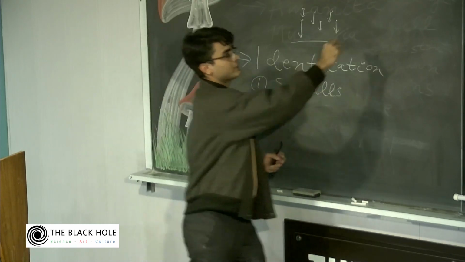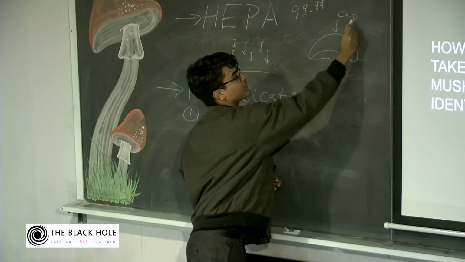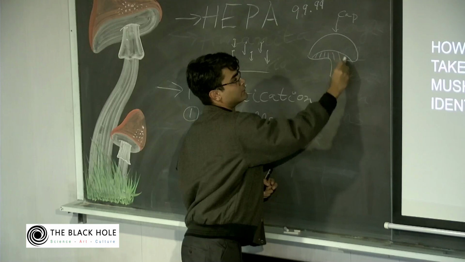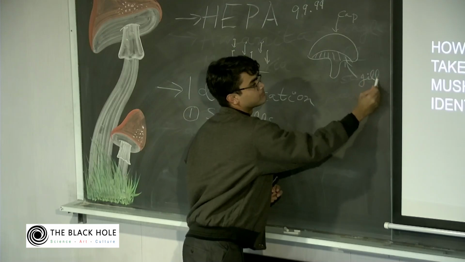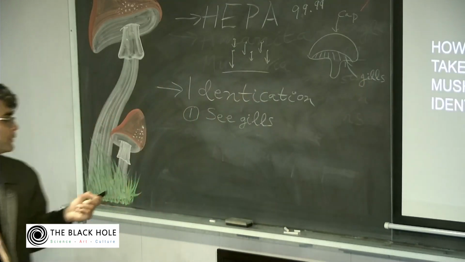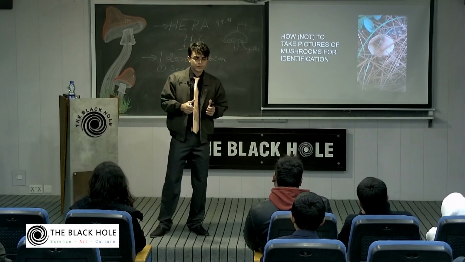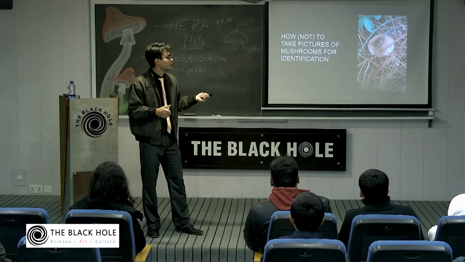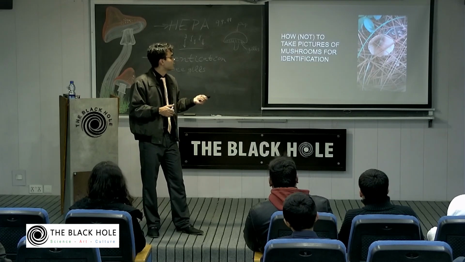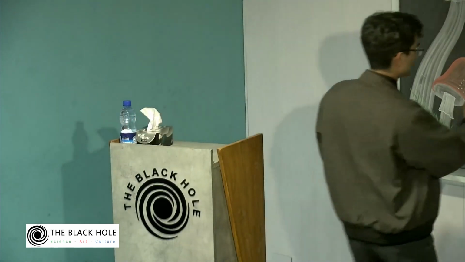So what are the gills? If you see a mushroom, it looks something like this, right? So on the top part, you have the cap of the mushroom. And on the bottom part, you have these things. So these things are called the gills. And the gills help us uniquely identify a mushroom. So just like human beings have our thumbprints, the mushrooms have different gills which give different spore prints. So if you don't see a picture of the underside of the mushroom, I cannot say for sure what this mushroom is. So that's why you need a picture where you can see the underside, or you can see the gills clearly, right? And secondly, you should know